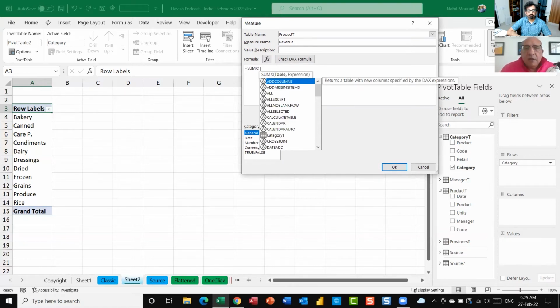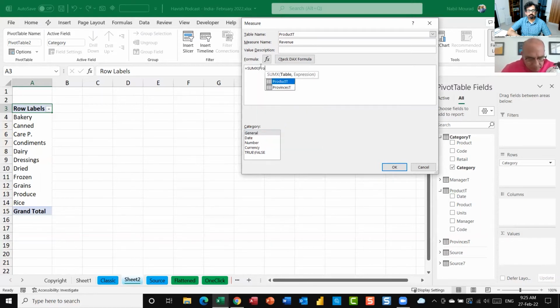Then I type product T, and then I hit Tab, and then I type a comma. Now it's asking for an expression. What's the expression? The expression is to calculate the units. I type an opening square bracket, and from the IntelliSense list, I hit Tab and select the units, and then